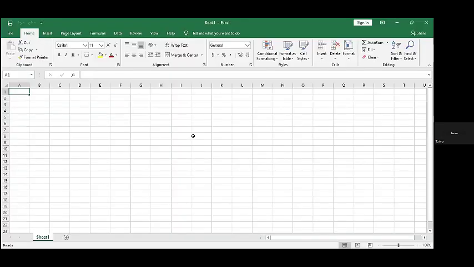Okay, can you see a fresh sheet? Yes, we can see. Okay, yes. This is a fresh sheet. So this first line, if you have a fresh sheet of maybe Excel or new workbook, you can